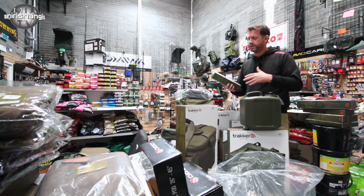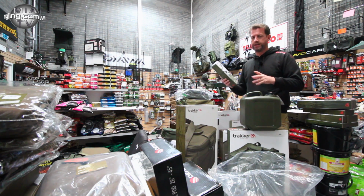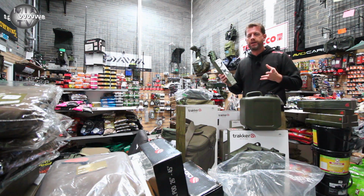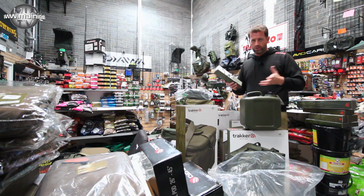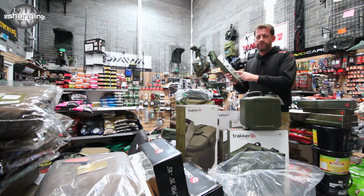Now, I mean, this I see the pike angler really using. These are retailing at €13.64. These are the NXG tip protectors, and what they are, there's two in a box for the price of $13.64. And what they are is, if you're a pike angler and you're traveling big distances to get to your spot to fish, so you're not using a rod bag, you're not using a hod, you're basically breaking your rods down and carrying them loose. All you have to do is put one of these